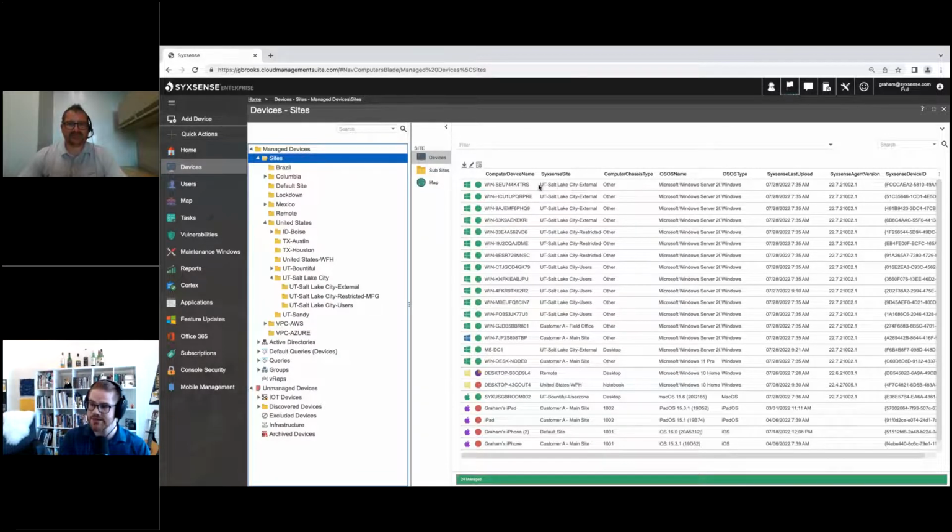You can see that some of them are in my external organization right here. Some of them are within an organization called restricted manufacturing, and some of them are in an organization called users. And I want to know whether or not any of the devices in my environment are affected by SMB version 1 vulnerabilities. To do that, I'm going to head over to my reports panel, and I am